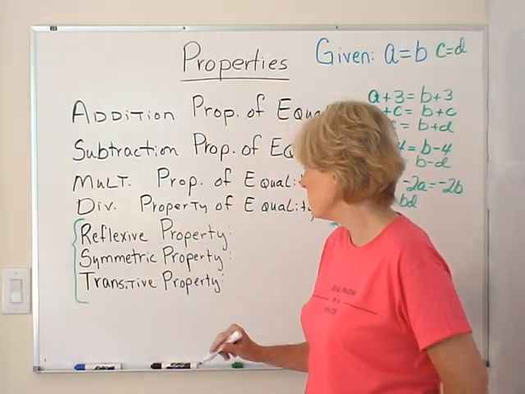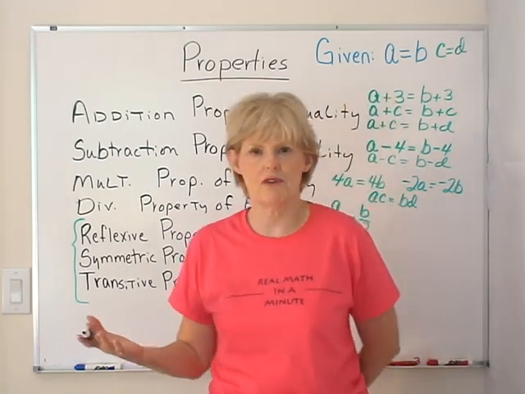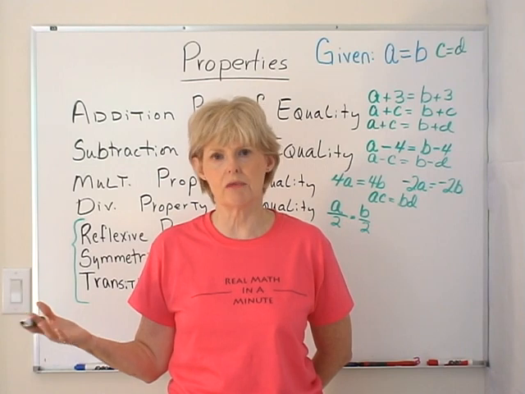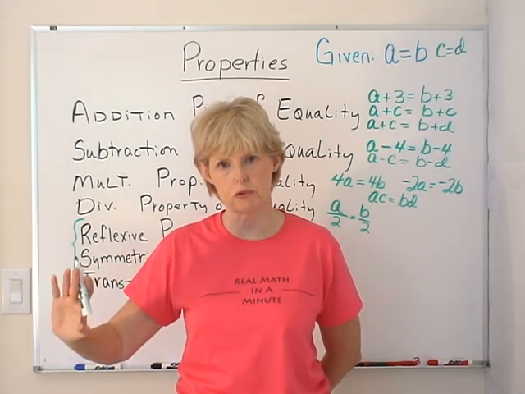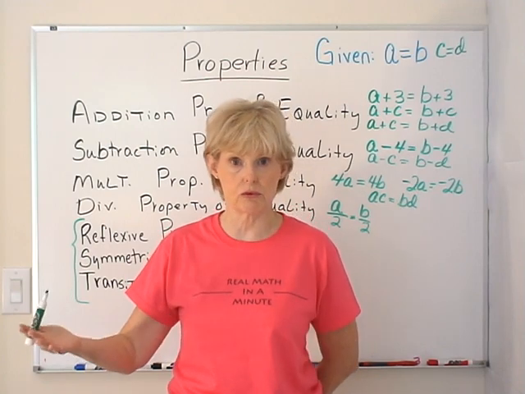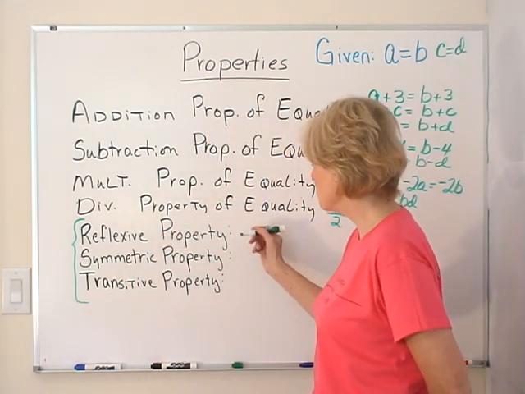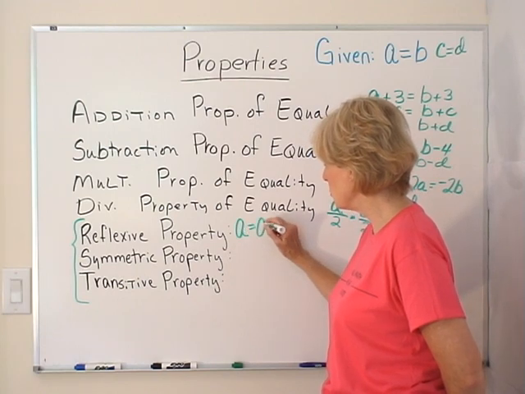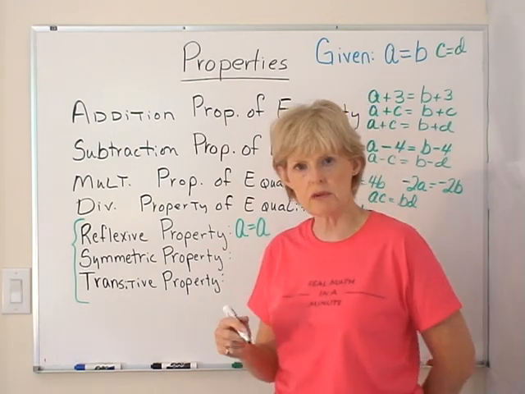Reflexive property, and this one just says everything is equal to itself. So you're going like, why would we need that? But there are times when you do in a formal proof need to say that A is equal to A or 3 is equal to 3. So anytime you have anything equal to itself in a proof, then your reason is